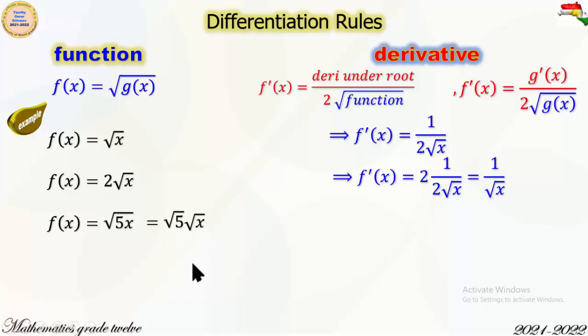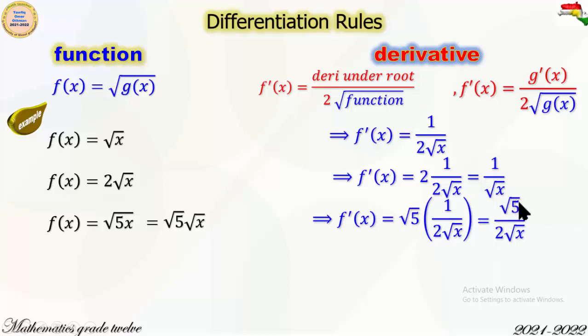And now, as you see in the previous example, to find f prime of x, first of all, write square root of 5, then take the derivative of square root of x, which is 1 over 2 square root of x. And now,